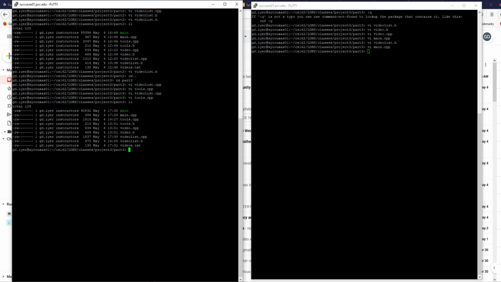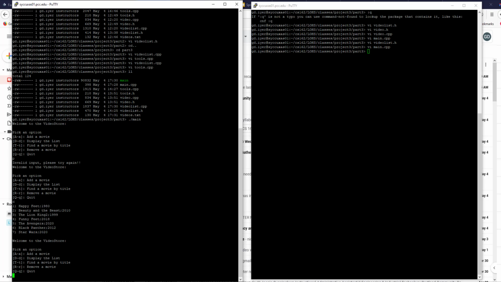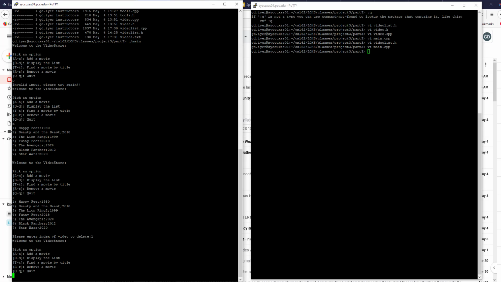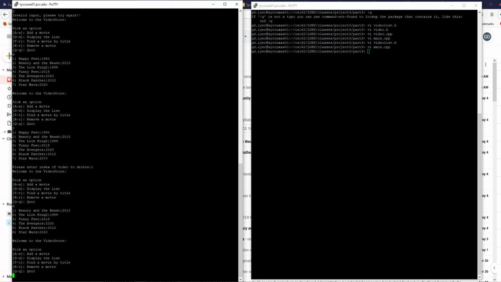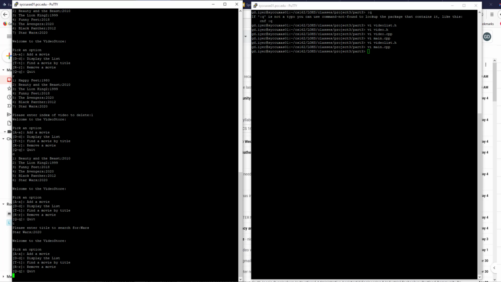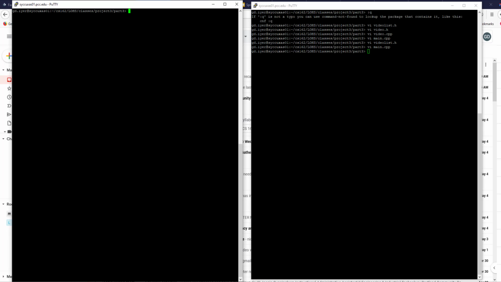And if you test it, it should be able to do everything, load from the file. If I say R to remove, it should print everything for me and tell me the index. I enter 1, and if I do D to display, my happy feet from 1 is gone. And then if I try to search by title, and I type in something, it should print it up for me. And I should be able to add and so on and so forth, right? All of those things were working before. So that is the end of project